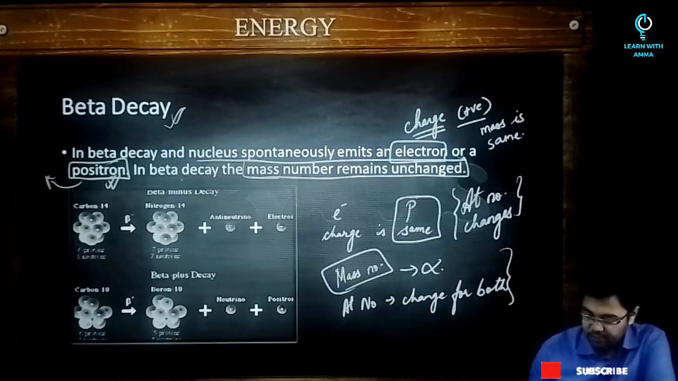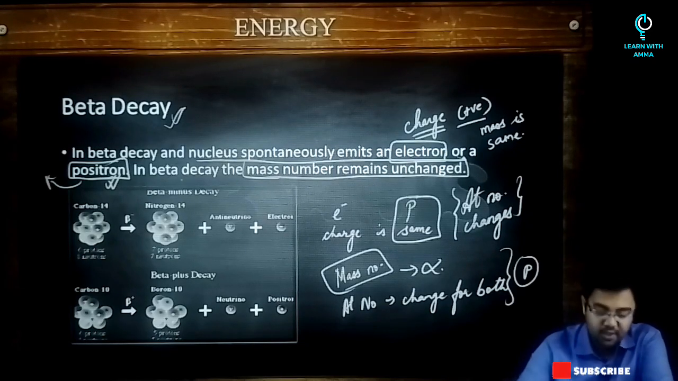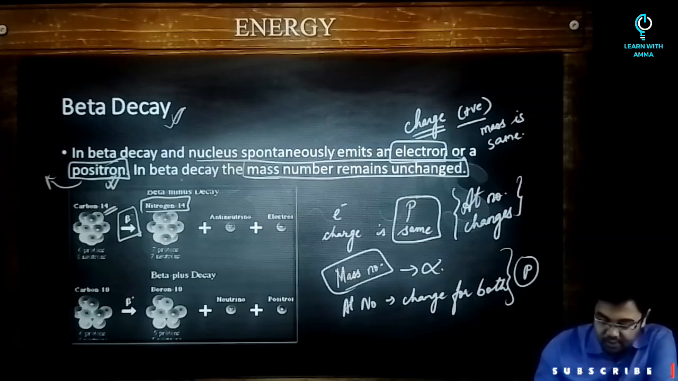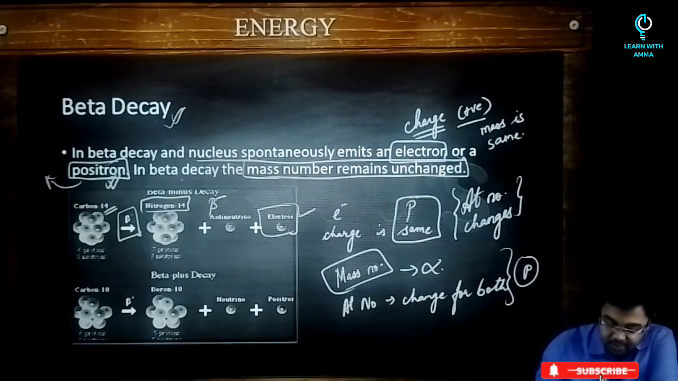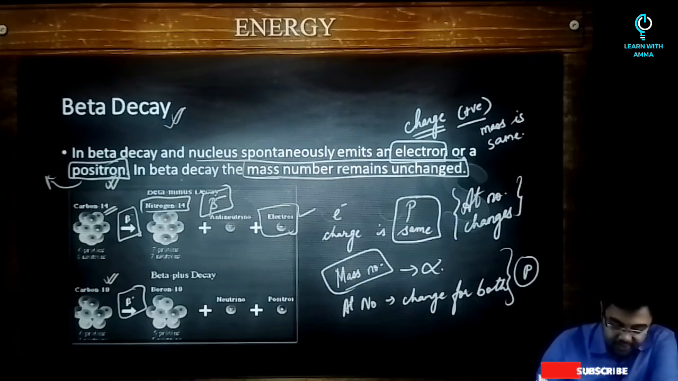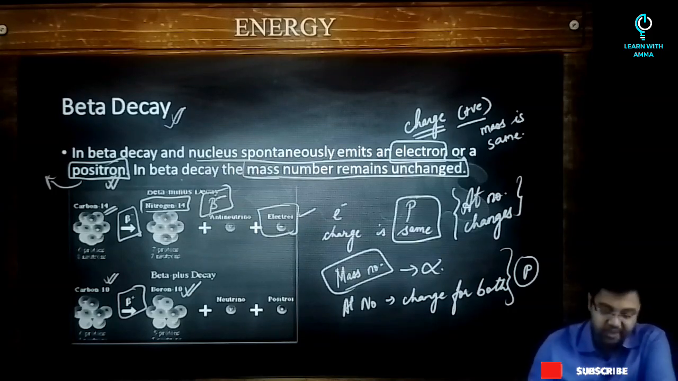A very important piece of information for your prelims examination. If you look at this diagram, carbon-14 will undergo a beta minus decay and form nitrogen with an electron being emitted, so that's why it is called beta minus decay. And when beta plus decay comes into the picture, carbon-10, you can see here, is getting converted into boron-10